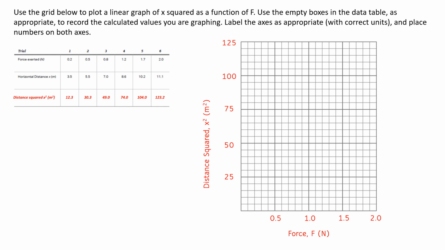So let's just graph it. When my force is 0.2, let's say it's right here. Okay, so let me use my highlights. So right here, that's 0.2. Let's move up. The value of my x squared is 12.13. So it's somewhere along this area maybe. So let's plug it in. And then how about the next dot, next dot, next dot, next dot. And then let's draw a line connecting